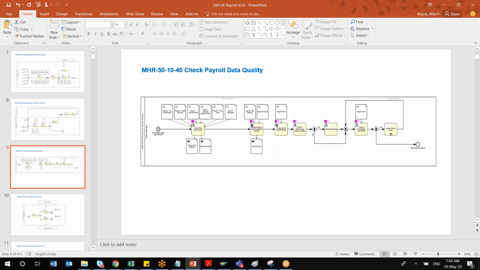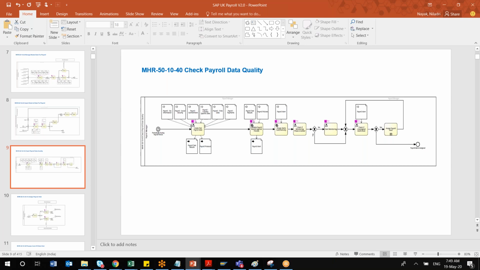Those alerts can be configured in EC payroll. You can see different Fiori tiles, and how many people's bank data is maintained or not maintained. All those alerts you can see proactively, so that you do not have to wait till 25th of May to run the payroll simulation run. Proactively you can correct those data.